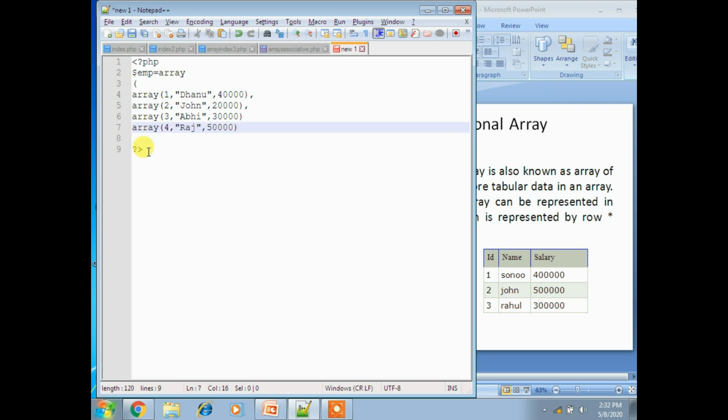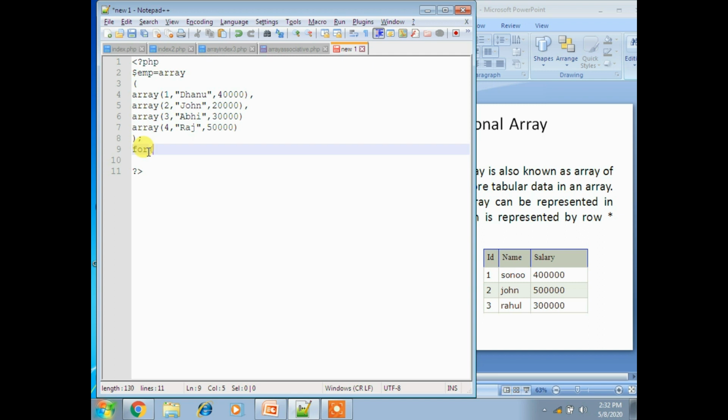Now for this you have to close, right? Array of array. So we can put a for loop inside another for loop to get the elements of an employee array. We still have the 2 indices, that is row and column.